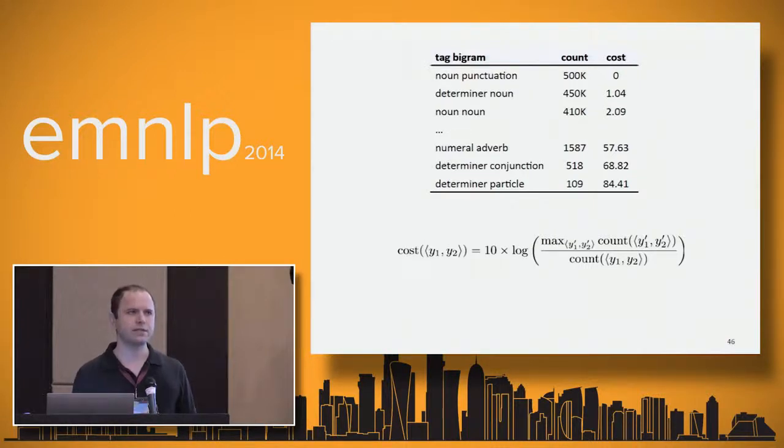I think that in practice, if you were going to do unsupervised part-of-speech tagging, you would do so for a language for which you, of course, didn't have any treebanks, but you would like to leverage treebanks for languages for which we do have them. So that's what we're trying to basically replicate with this cost function.